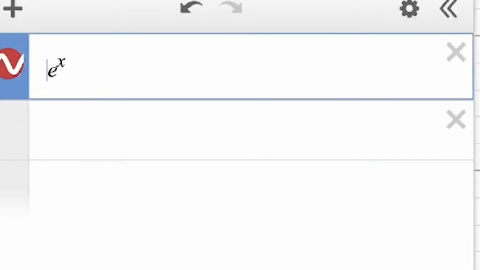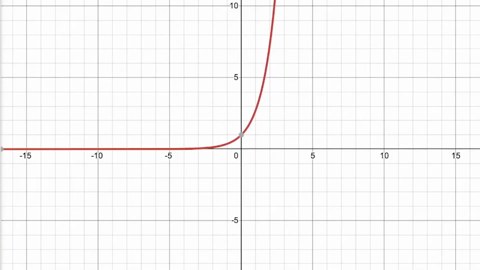Finally, let's look at that reflection. This one doesn't translate exactly the same, but we can still use it. If we take the exponential function and we multiply the whole thing by a -1, since we're multiplying the whole thing by -1, we can think of that as multiplying by a negative on the outside. And remember, if we're doing things on the outside, we can call that a vertical change. Now what happens is we reflect over the x-axis, and we don't think of the x-axis as a vertical change